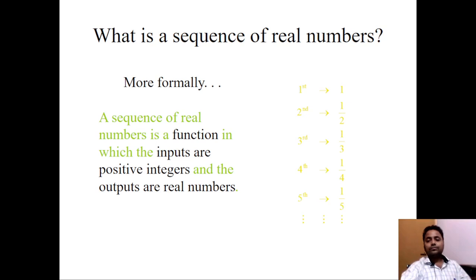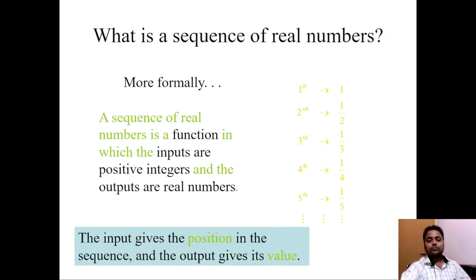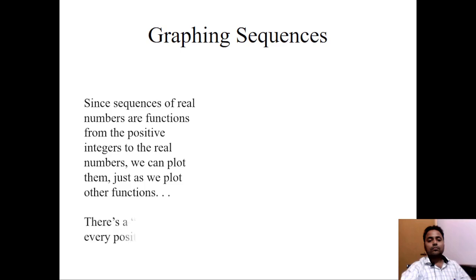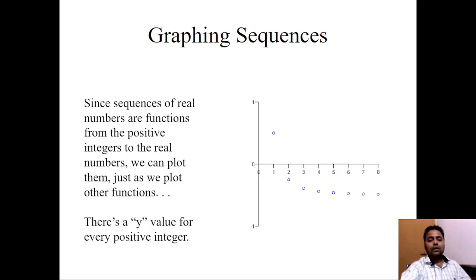You can see here the first, second, third, fourth, fifth and so on. Now here, since sequences of real numbers are functions from the positive integers to the real numbers, we can plot them just as we plot other functions. There is a y value for every positive integer. We are using the value, like if we are using 2, we find